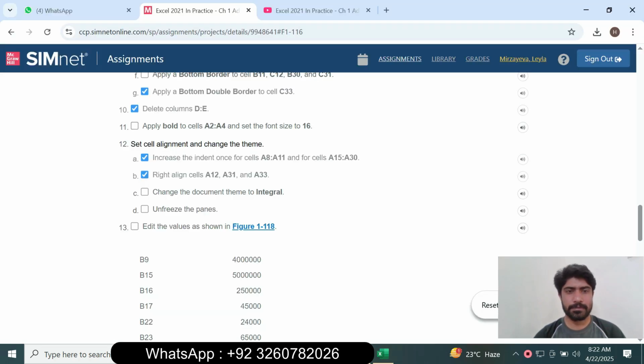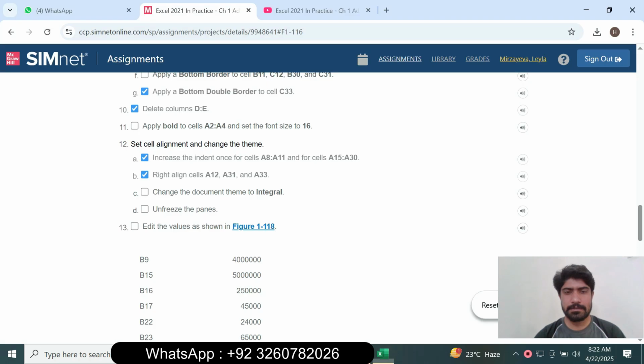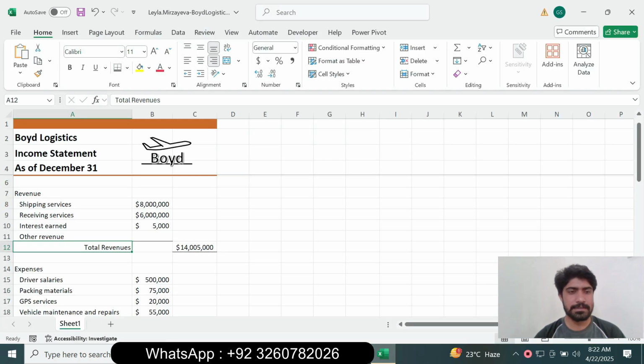Right align cell A12. Go to the Home tab, go to the Alignment group and click Align Right. Align right in cells A12 and A31.